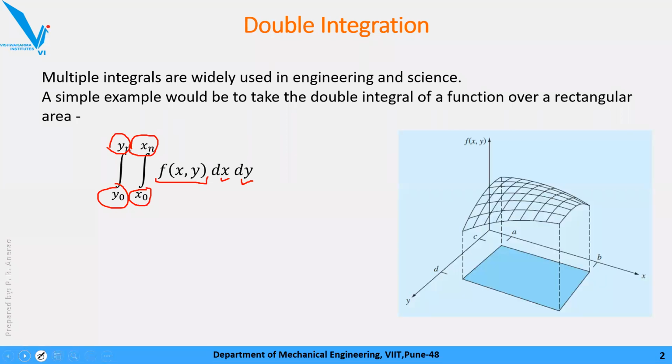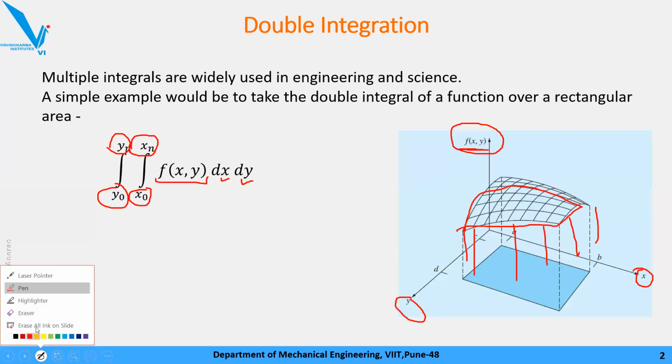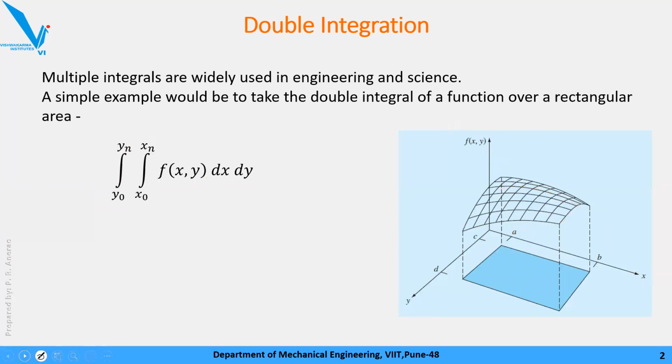If you look at it graphically, whenever we see a function with variables x and y, two independent parameters, the curve formed by this function will be something like this. It is presented here, and by integrating this function with two different limits, we are calculating the area under this curve, under this function. Now, how does this numerical method work?